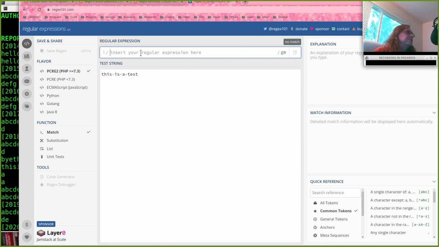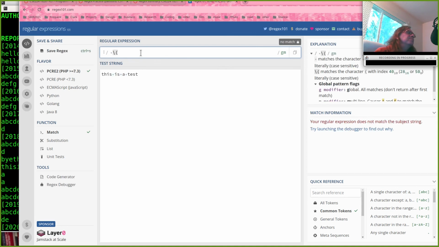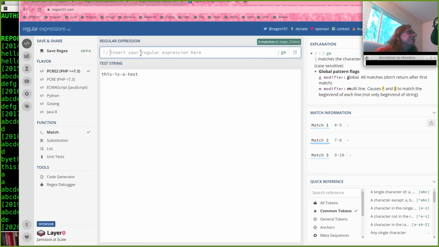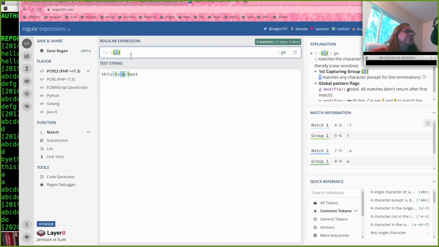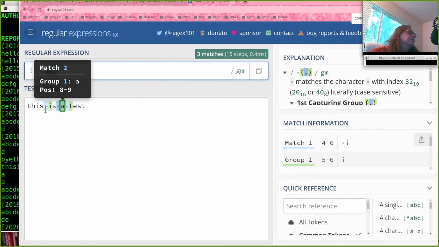If I say space, parentheses, period. Oh, so on a lot of these web tools, they don't want you to escape your parentheses. So now I've put in a regular expression, which is a space followed by any character, and so it's matching these highlighted sections, right? So space I, space A, space T,